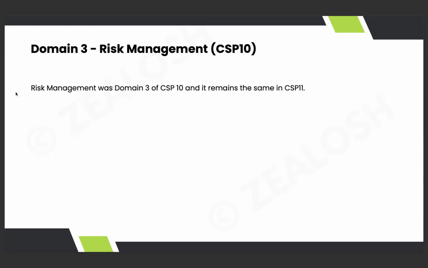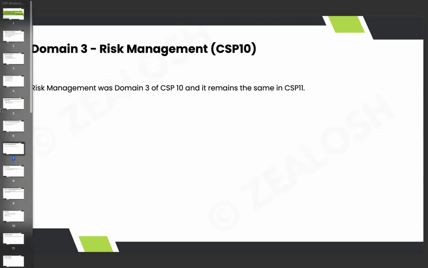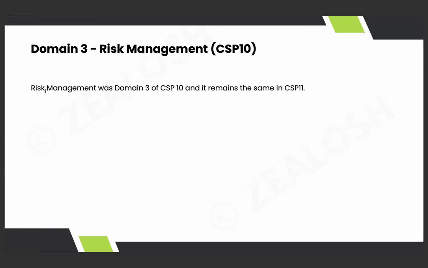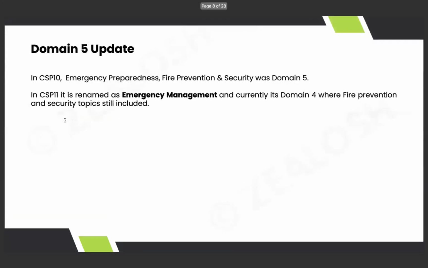So the old domain 1 is removed and spread across the entire units. Domain 1 and domain 2 now contain the topics of previous domain 4. Also, domain 2 contains the previous domain 2 topics. Domain 3 is domain 3. So, clear? 1, 2, 3. Is that clear? Give me a message. Yes, thank you, Arif. Now domain 4 is taken and spread across. That particular unit no longer exists.